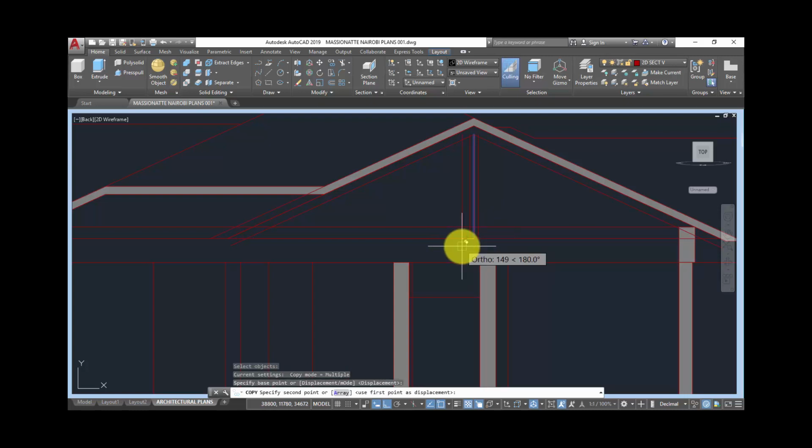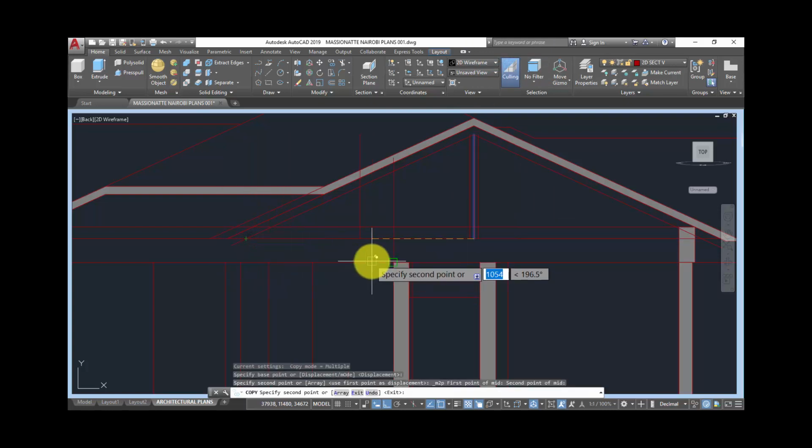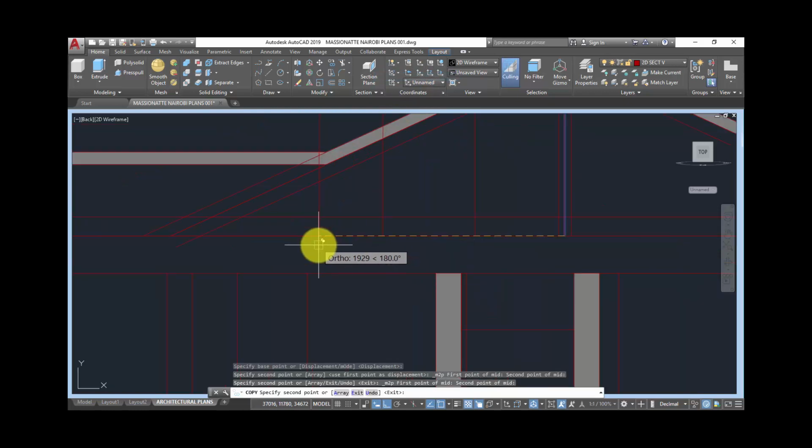How? I will control right click and I'll go to mid between 2 points. The mid between this and this other end point. Then I'll control right click, mid between 2 points, the mid between this and this. Again, control right click, mid between 2 points, the mid between this and this.